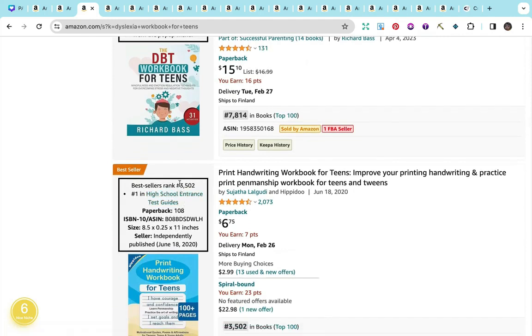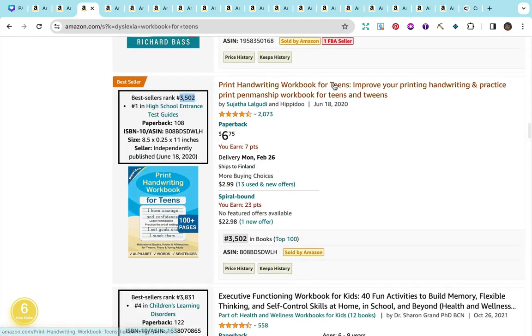We have a third book that's under 100,000, at 3,502. Notice that it's not specifically for dyslexia. It's a print handwriting workbook for teens that improves printing and handwriting practice for teens and tweens. So why is it showing on the first page for the keyword dyslexia workbook for teens? Because they've managed to include this keyword in the 7 keyword slots,